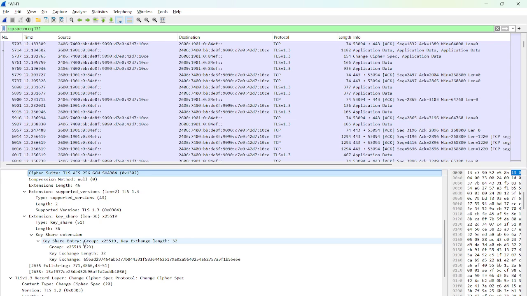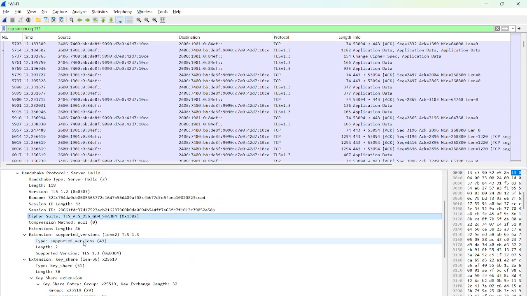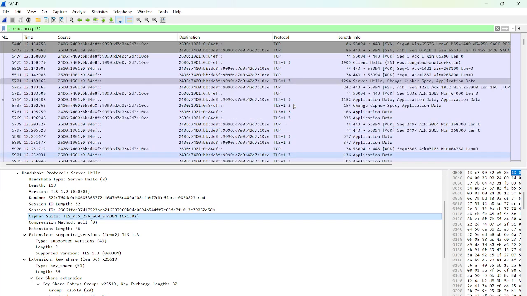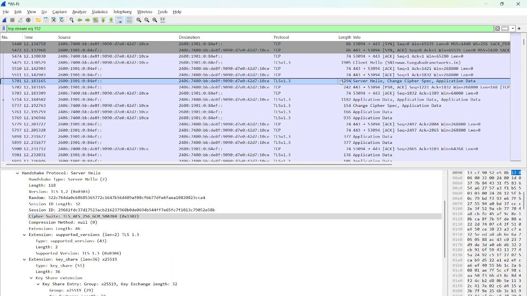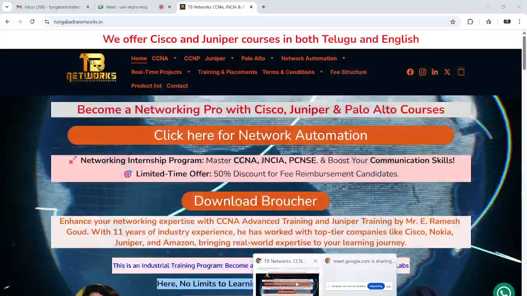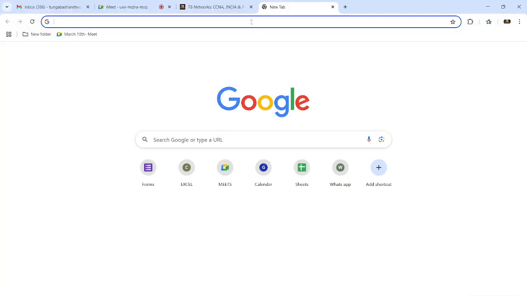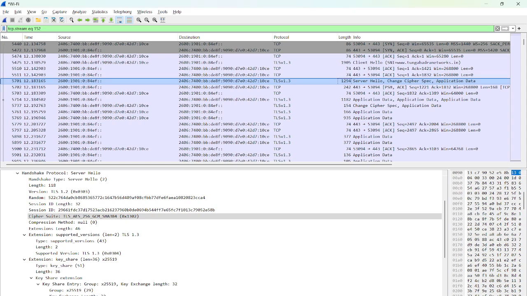Actually, this is a pre-shared key, but before that the server would send a certificate and key exchange, and the server has not sent them here. Maybe we can check with Facebook once. Let me save this.